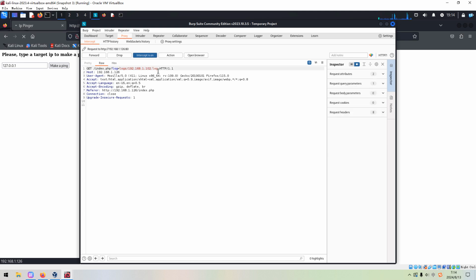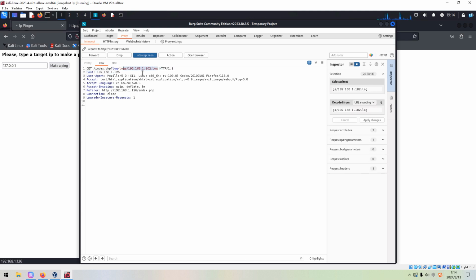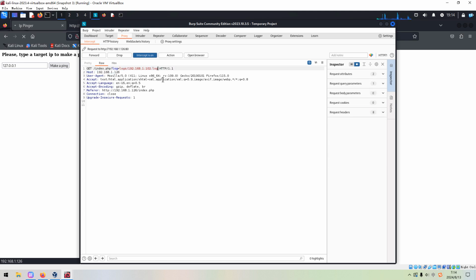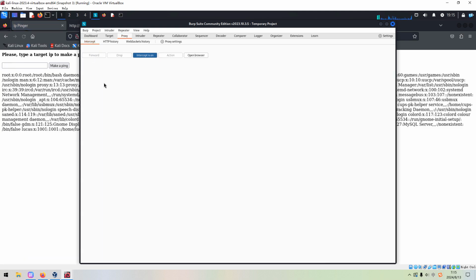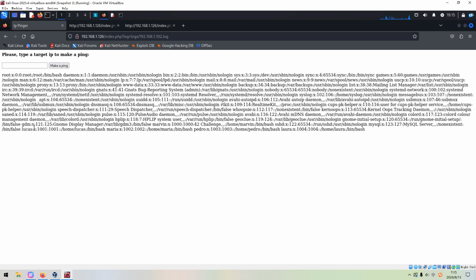We want to test whether we can include a local file, any file. For example, the password file. We can remove it, put in the path etc/passwd, and we can forward. As you can see, we successfully retrieved the content of the password file.